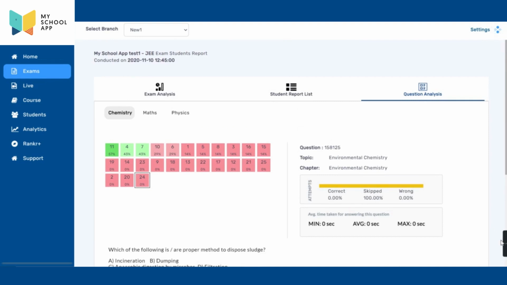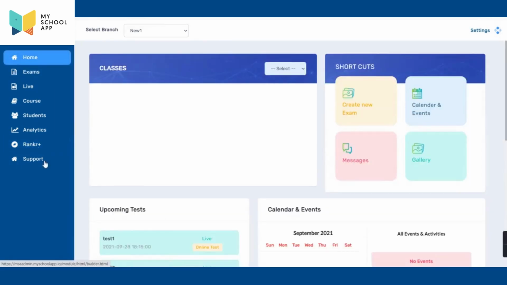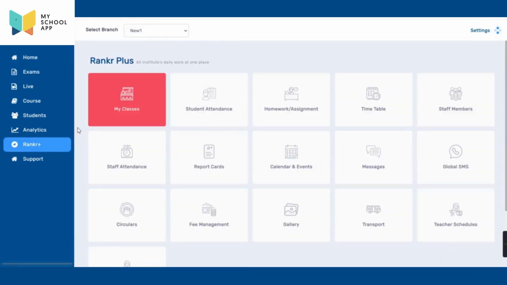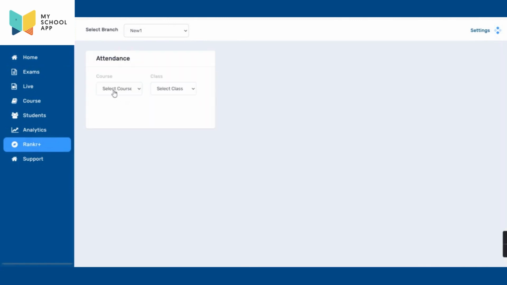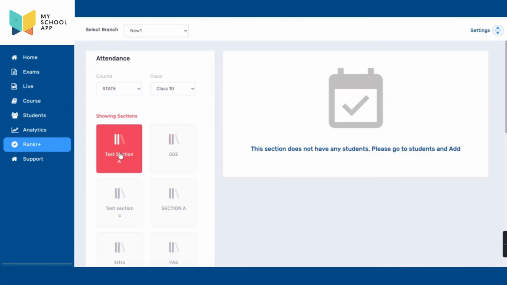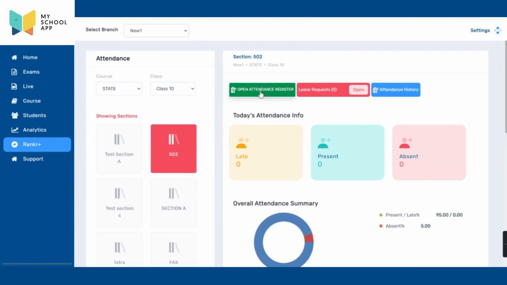This is the analytics part. Now the other features which are available in the school management system. Here you can take student attendance also. Select the state board, 10th class, and any section. This is the class register.